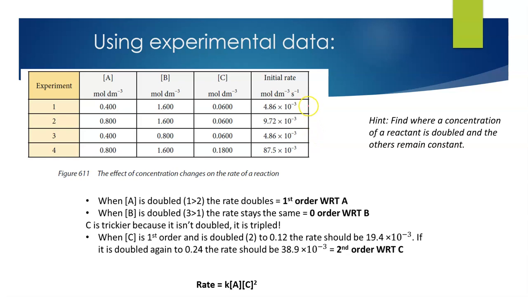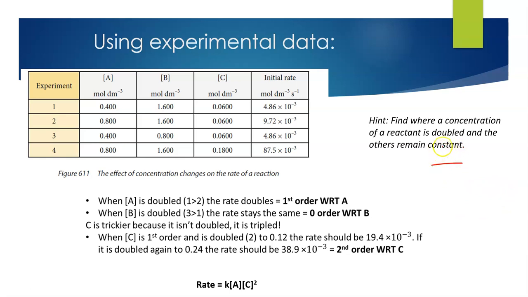What you want to do with these is find the ones, remembering if it is a zero order, the rate will not change with a change in concentration. If it is first order, if we double the concentration, the rate will double, so the proportionality is the same. If it's second order, we're going to have that squaring effect. So what you want to do is find where the concentration of a reactant is doubled and the others remain constant